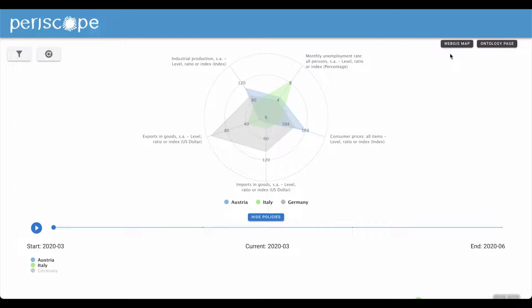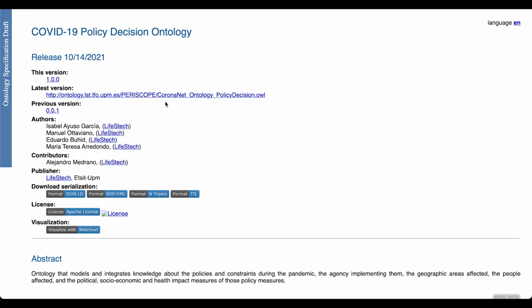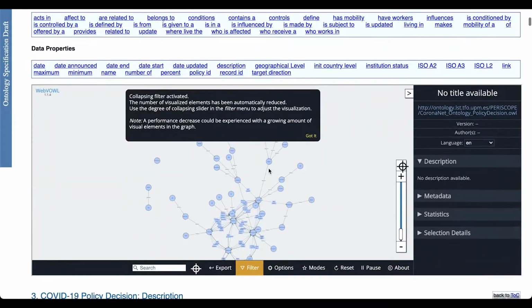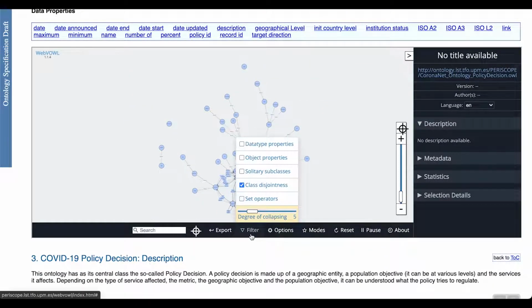To complete our overview of our Atlas version 1 release, we give you a sneak peek of what exciting features we are planning down the road. And for this, I'll jump to our Ontology page, which, as we speak, consists of a documentation of a fully fledged policy decision ontology, which models knowledge that we've used to shape the Atlas and its information model in the form of an ontology,